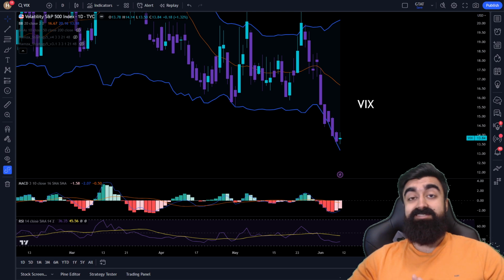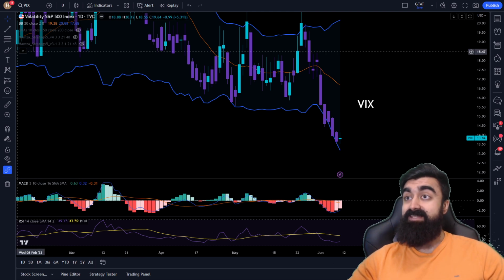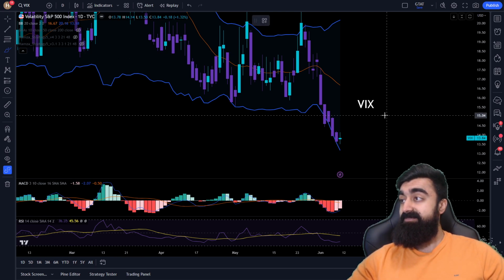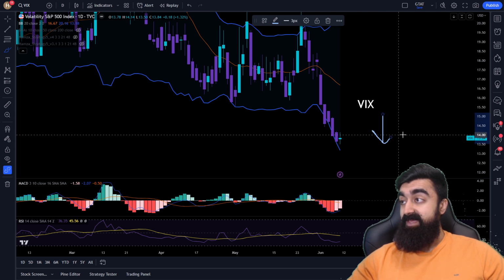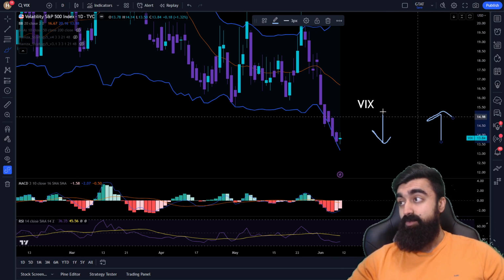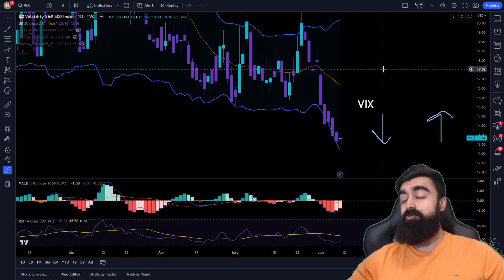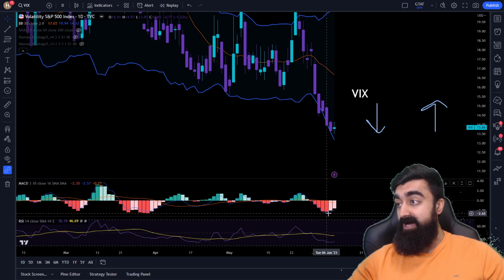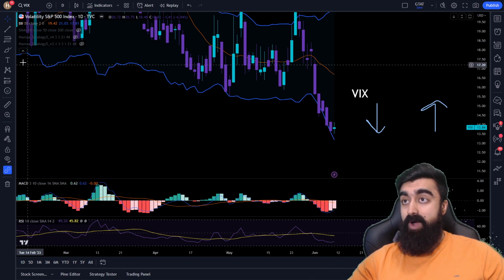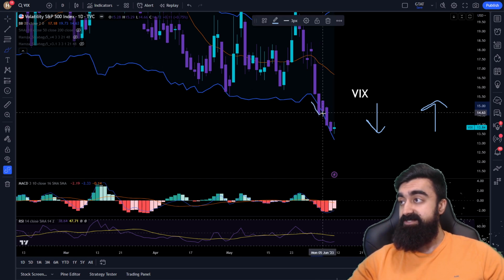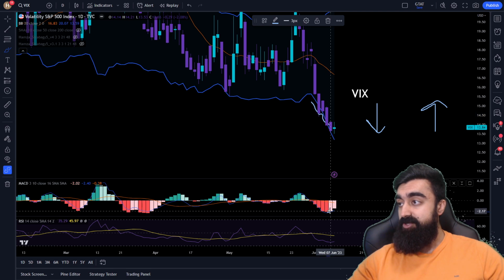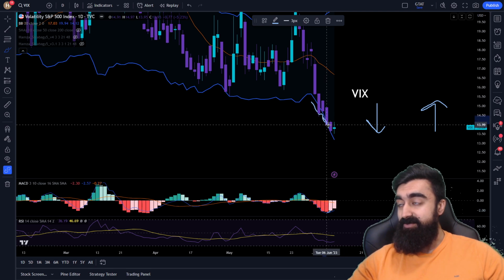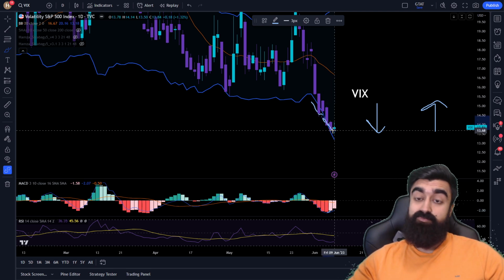All right, so the VIX is looking garbage. We know that the VIX has an inverse relationship to the market. If the VIX is falling, then that means that the stock market is doing really well. And currently the VIX looks trash. We could see that the MACD is moving up very sensitively while the price of the VIX is continuing to fall. So this MACD is curling up, but the price of the VIX is falling. So that is really, really bearish.